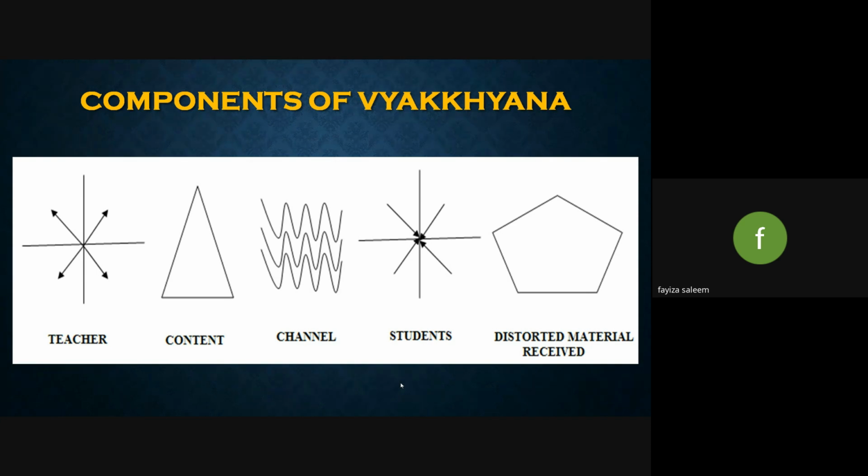So again, I would like to request you people to compare the component number 2 and component number 5. So are they same, my friends? No, sir. If you see, the component number 2 is triangular in nature, whereas the component number 5 is pentagonal in nature. Through this, what I want to convey, my friends, is that there is no teacher in this world who can say that he or she has communicated all the 100% to his or her students. Definitely, certain kind of distortion is there.